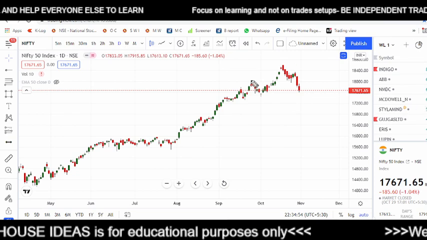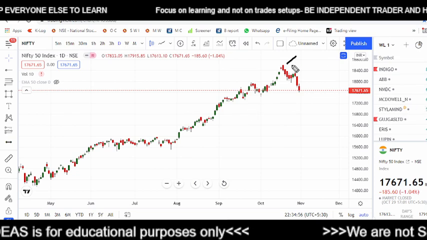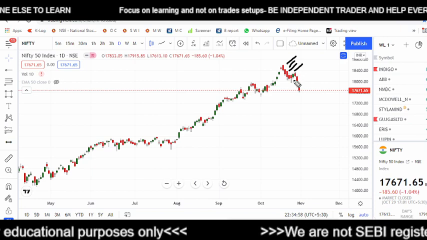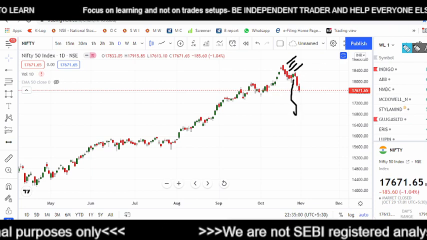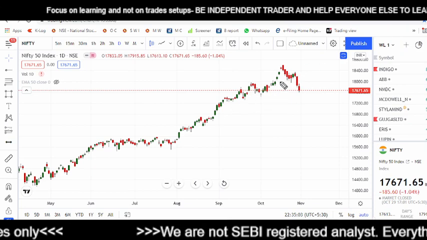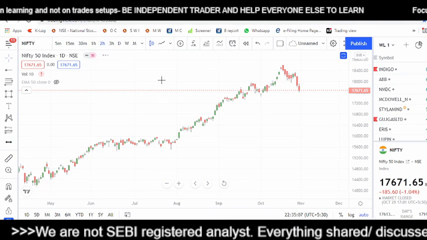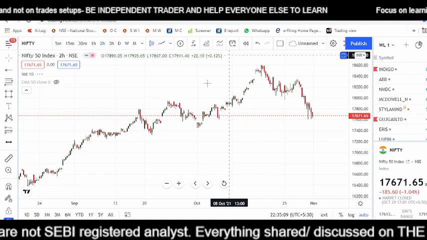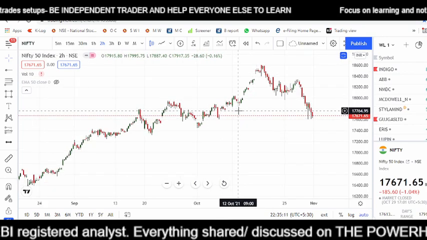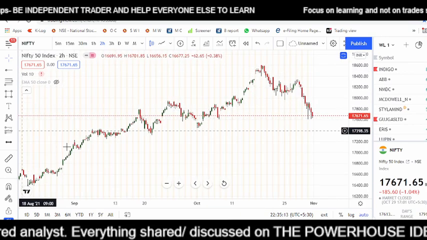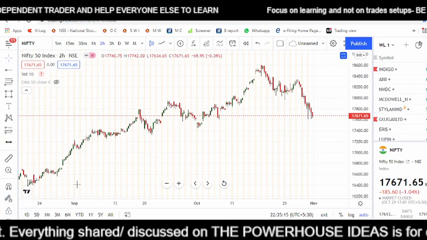So as you can see in front of you on the screen, Nifty has been falling for so many consecutive days with only one green candle in between. Right. Now let us analyze it further and let's move to a smaller time frame. This is a 2-hourly time frame for you. For the purpose of saving your time, I am doing some magic and I am bringing the levels automatically.